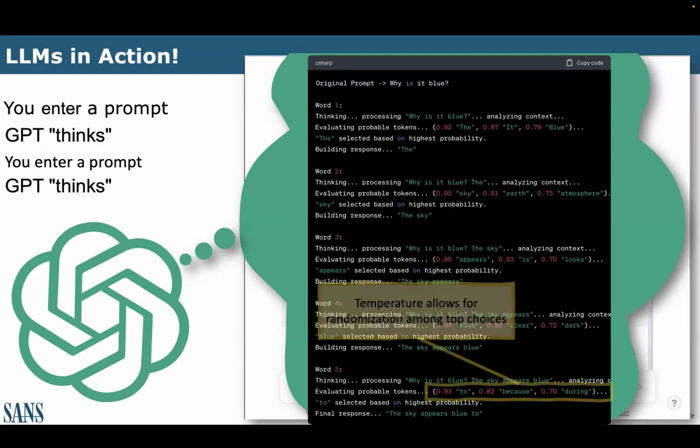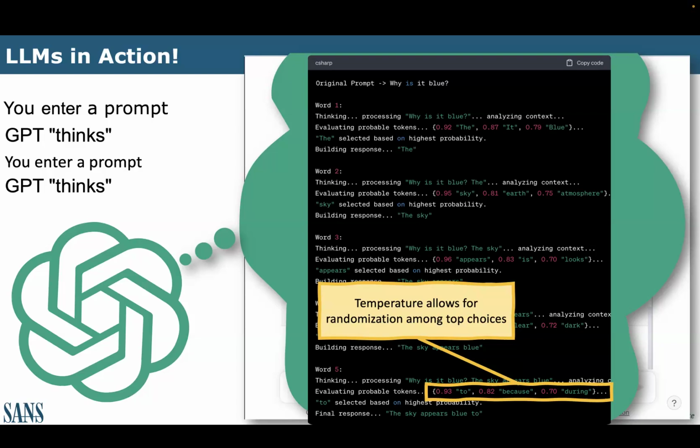I mentioned temperature before, and I'm going to talk about that for just a second because it's actually one of the things that makes LLMs kind of cool. Temperature can be thought of as a factor that influences the randomness of which of these tokens we actually return. We've been returning the most probable token in these examples. But what if I said take the top 5 tokens and give you a random one of those tokens? They're still probably going to make some kind of sense, but it's also going to feel a little more creative, a little more flexible in how it answers. We don't want the same answer every time. We want it to be a little more chaotic than that.